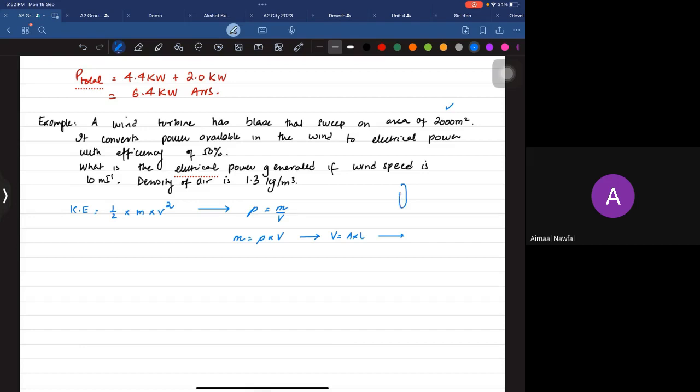Basically, these are the area of the plates. Obviously, they're moving, and when they're moving, the wind is going like that. So when it passes through it, how much length of air is passing in 1 second? We can do this by velocity equals length over time. We have the velocity as 10, and I want to find what would be the length in just 1 second. So can I say in 1 second, 10 meters of air passes? Can I say that, please?